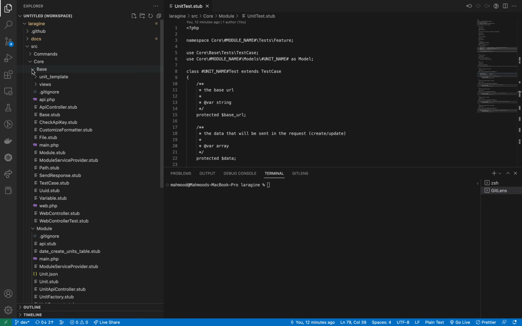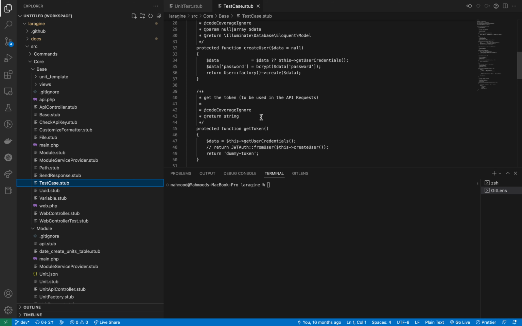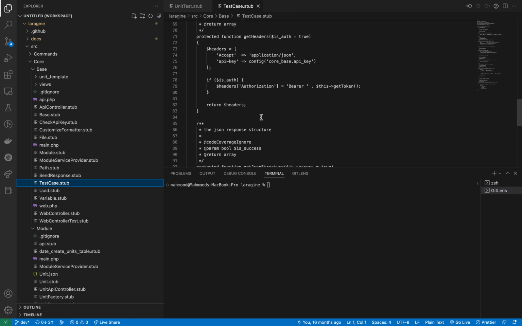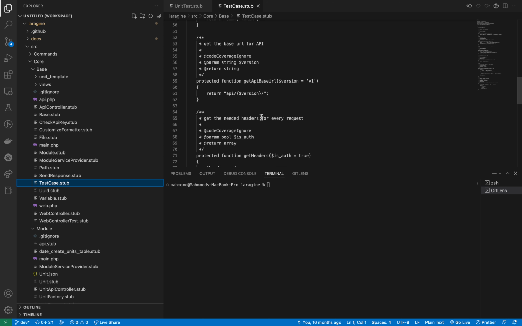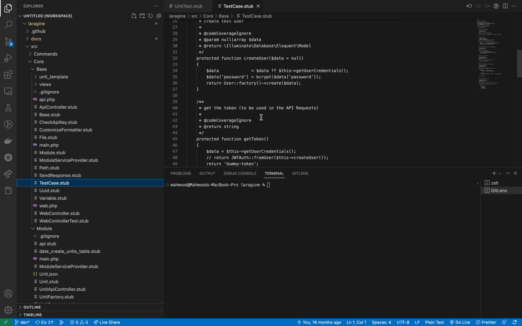I want to go over to the base, and yes, this is the test case. This is the one that we are using in every new generated unit test for every unit. And basically what I really want to add here is